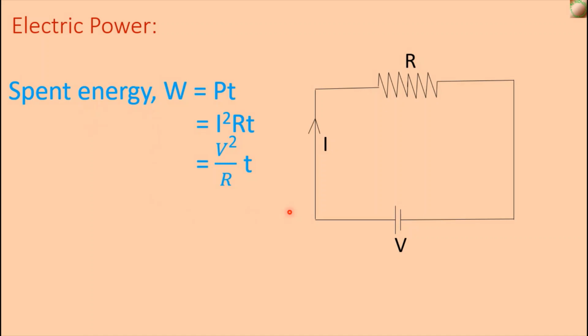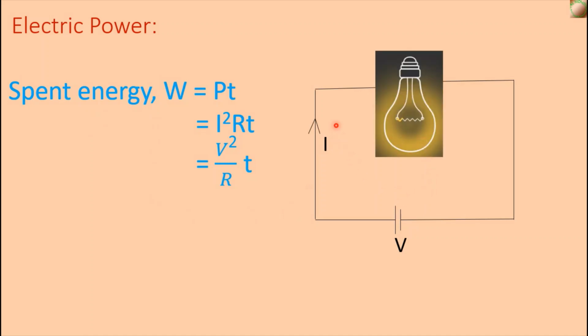In case of a filament bulb, the current flows through the filament and this filament is heated to produce light. When this filament is heated, it will produce light. That is, a large portion of electric energy is spent to produce heat in this filament. That is, when this filament is heated, a large amount of electric energy will be wasted.